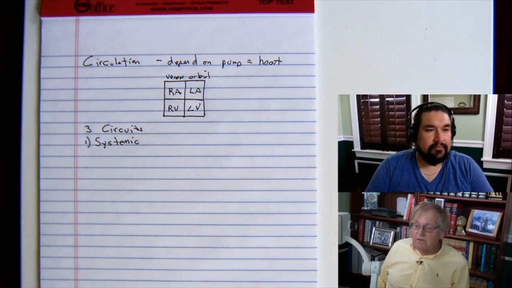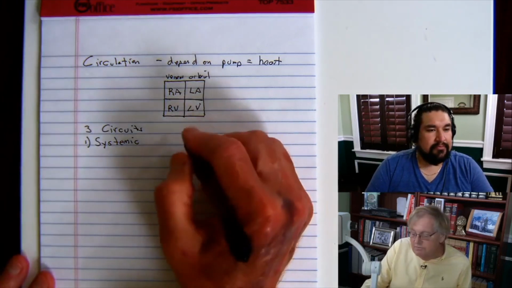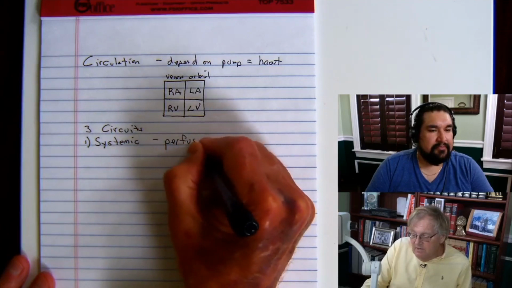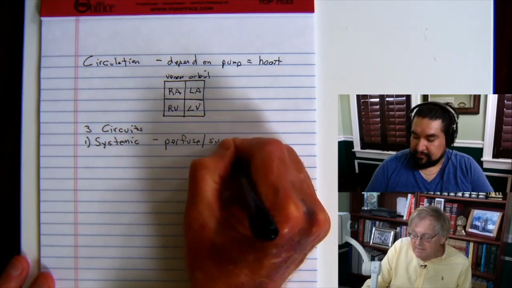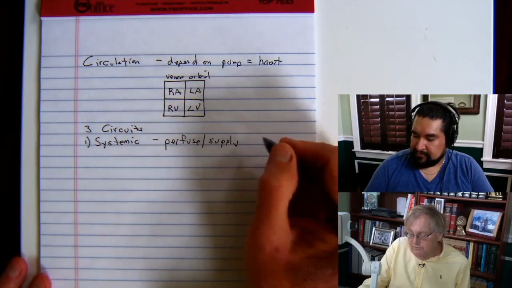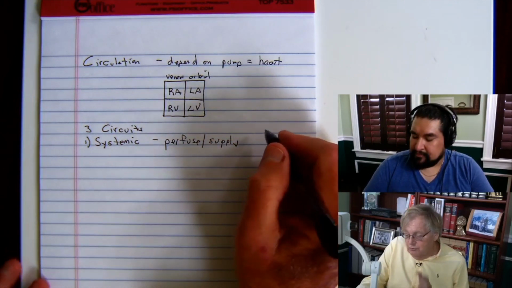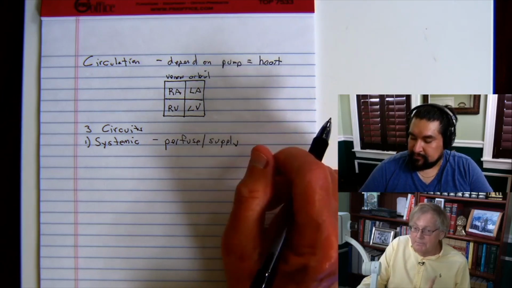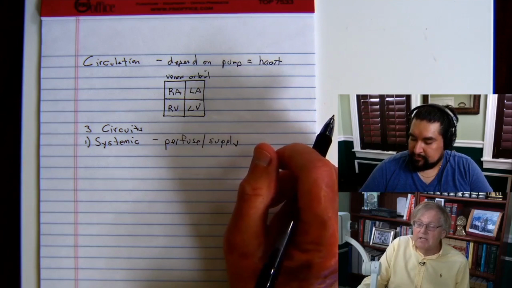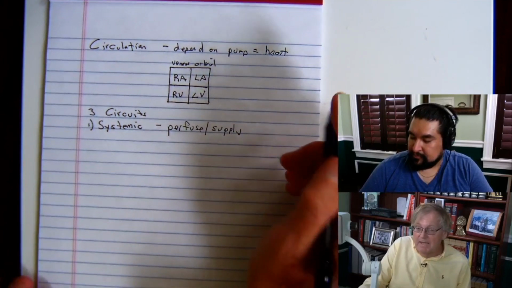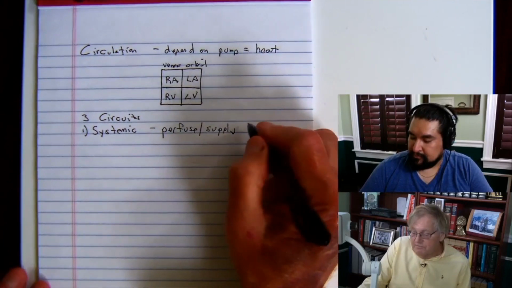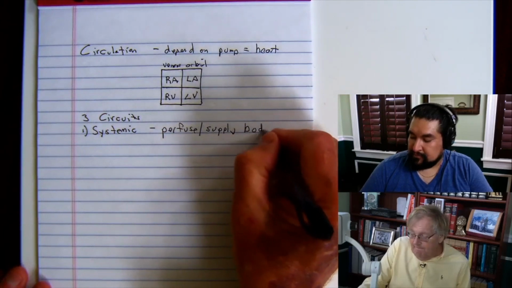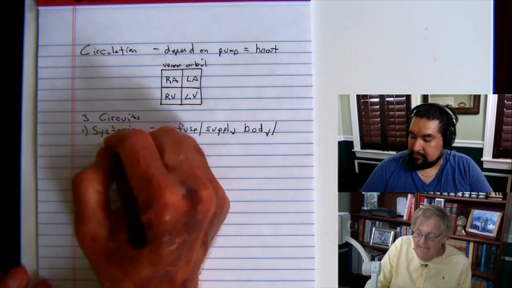Its goal is to perfuse, and a lot of times I also say supply, because you may not know what a perfusionist is. A perfusionist runs the heart-lung machine when you're doing bypass surgery. So it perfuses or supplies the body, or the somatic cells,